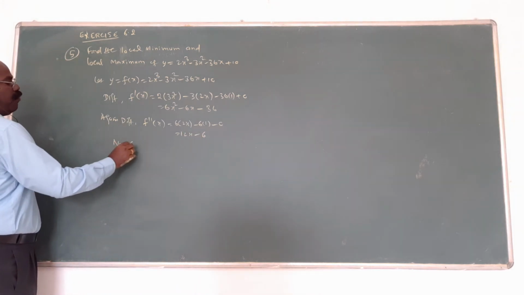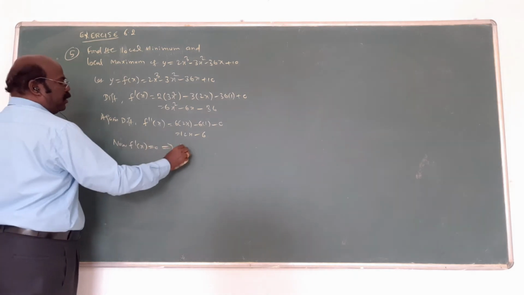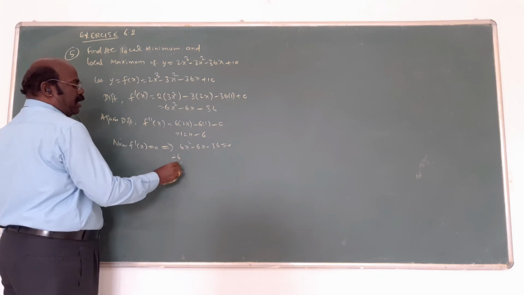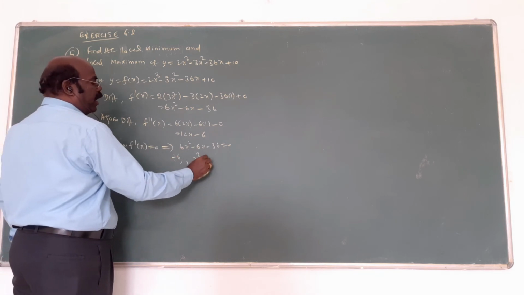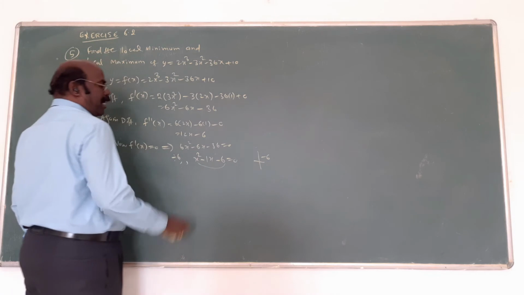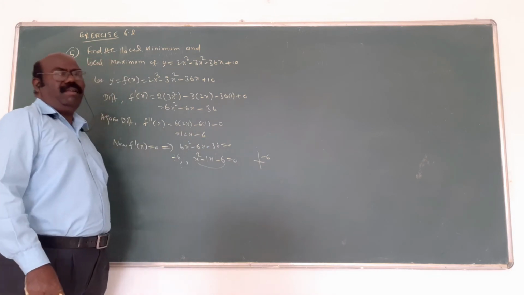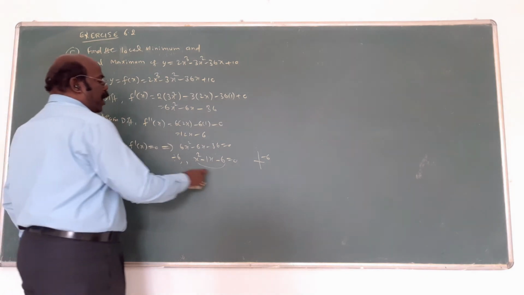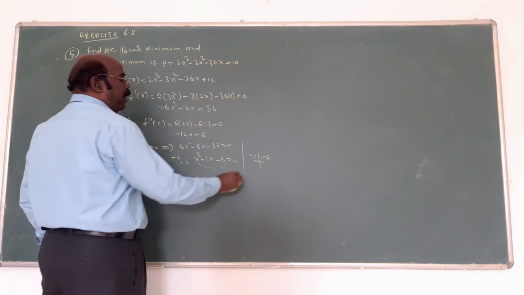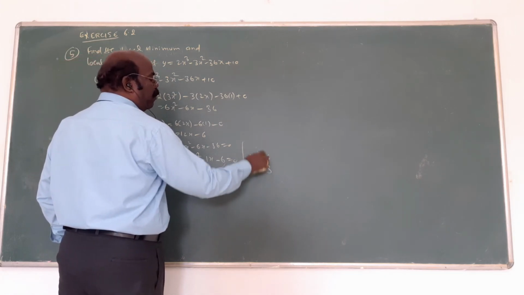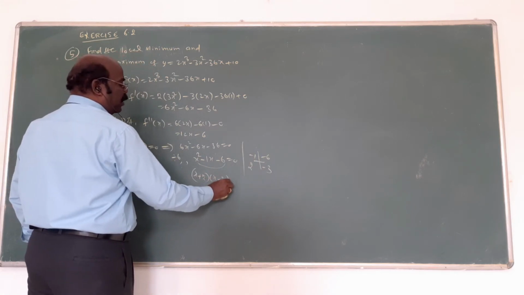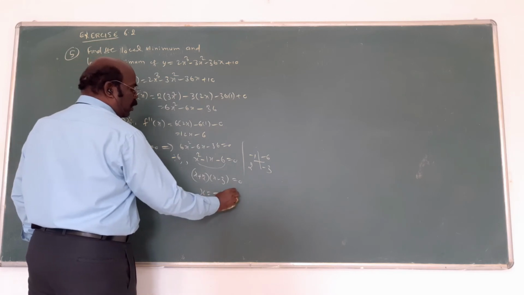Now the first derivative equal to 0 implies you want to find the x value. All terms have 6 as common, so dividing by 6, we get x square minus x minus 6 equal to 0. Yes, it is a quadratic equation. Solving this equation by the factorization method, the product of two numbers is minus 6 and their sum is minus 1. What are the two numbers? 2 and minus 3. Multiplying both gives minus 6, and adding gives minus 1. So x plus 2 into x minus 3 equal to 0. x equal to minus 2, comma 3. Am I right?